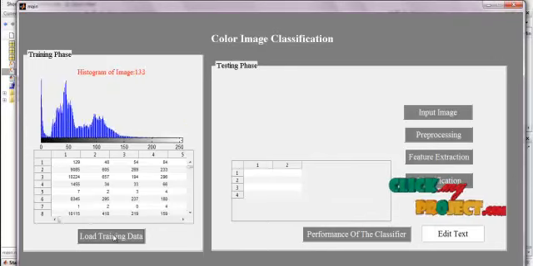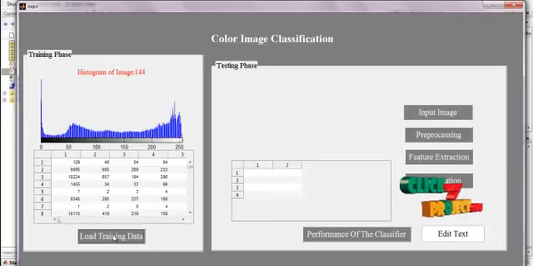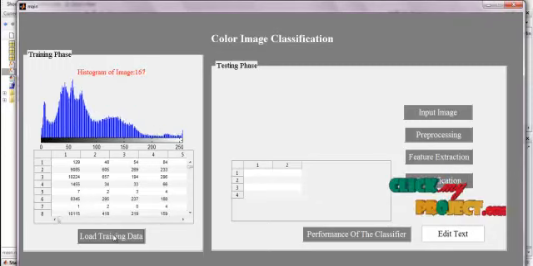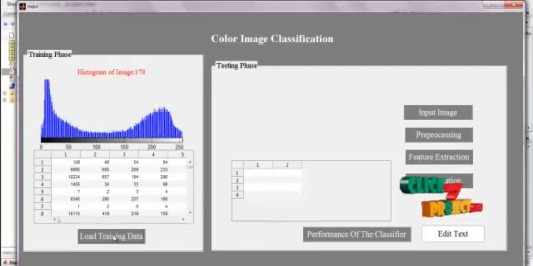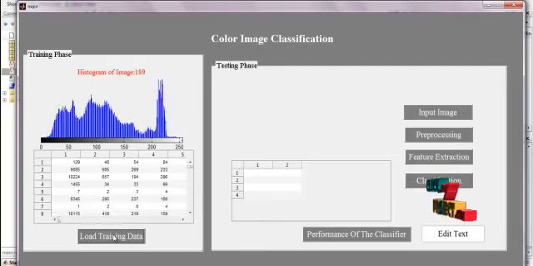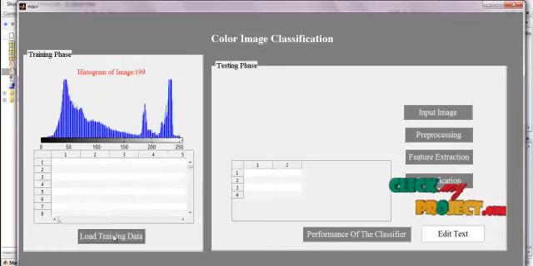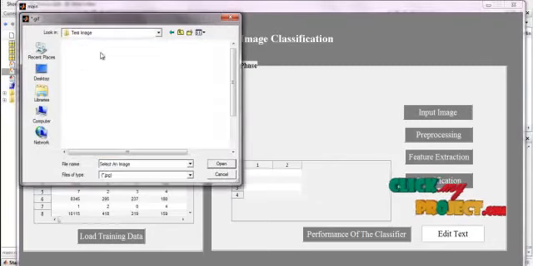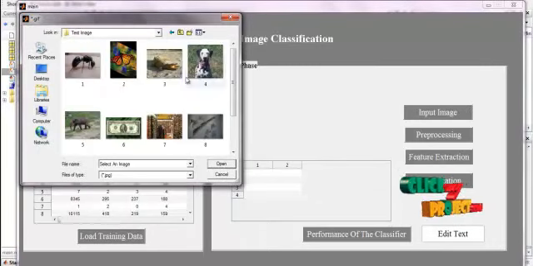The color histogram means we are separating the three color channels of the image, and then we are applying the histogram to each channel, and the resulting values were saved as features. So hence we are obtaining the features and the results were displayed. In total we have extracted the features for all the 200 images. Then we will give any one input image. These are all trained images.